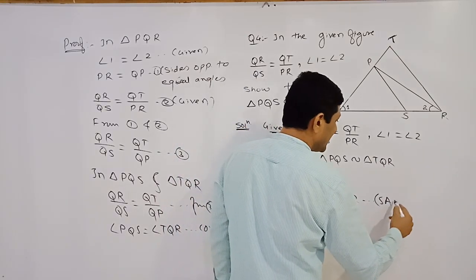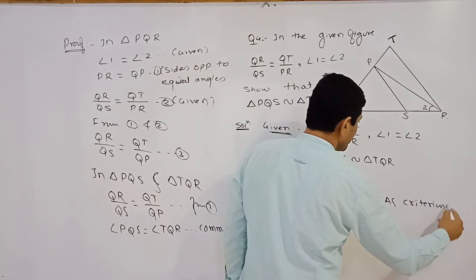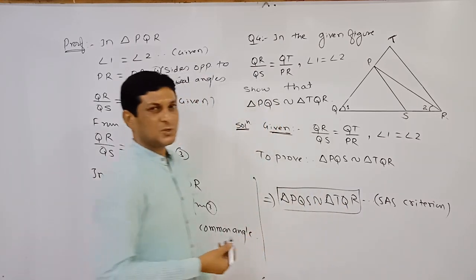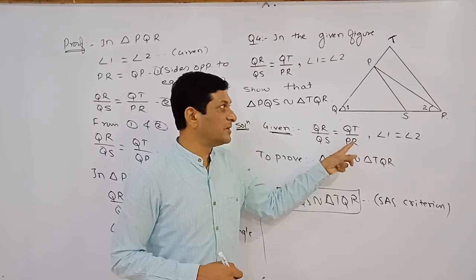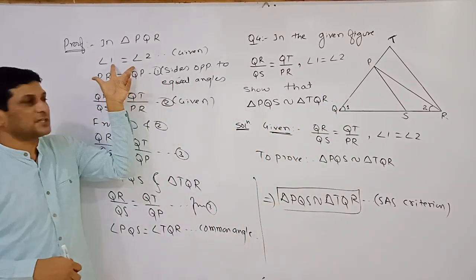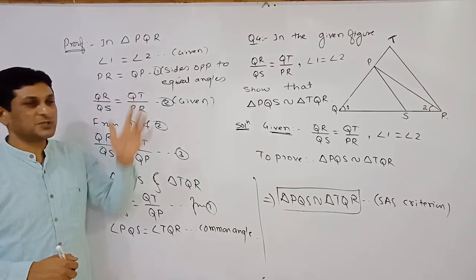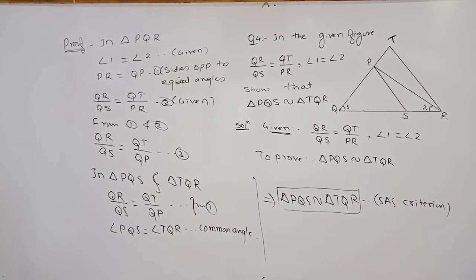By SAS criterion. In this way we have shown that these two triangles are similar. Already all the conditions are given to us. We just have to show that PR will be equal to PQ, and that result we have got using the condition that if two angles of a triangle are equal, then sides opposite to them are also equal. Okay,